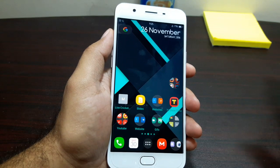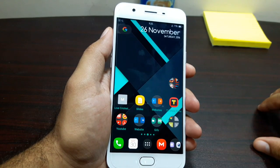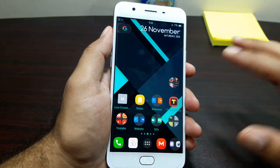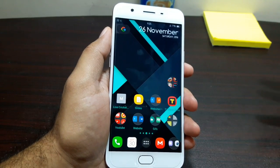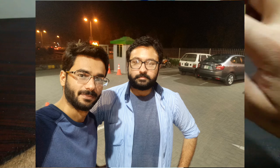If you're a selfie lover, you take a lot of selfies, or if you use Snapchat or Instagram, you're going to be really happy with this front facing camera. Not only that, it does front facing video very good as well. Even in dark situations, it takes very good, very bright selfies. So there is that as well. And if you're a selfie lover, you're going to be very happy with this